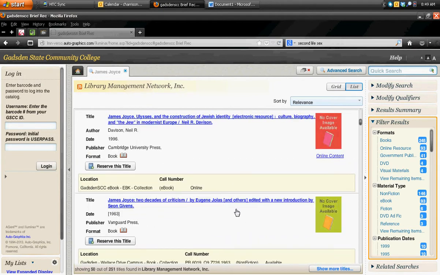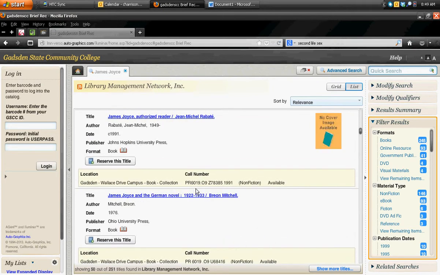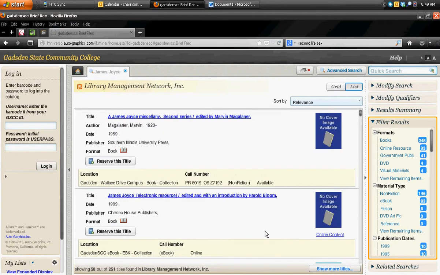Notice I scroll down here. I see the same number, PR 6019.09, and so forth. That means that you basically just have to look up this section, go to it in the physical shelves of the library, and you will see a series of shelves that contain all the James Joyce material. Books by James Joyce, books about James Joyce, they are all there.